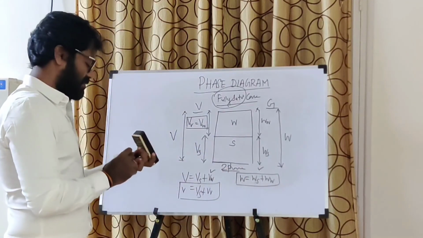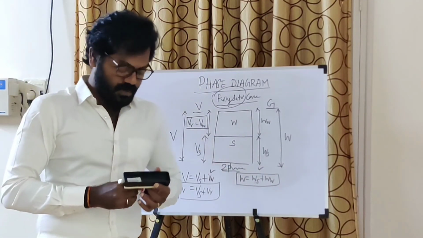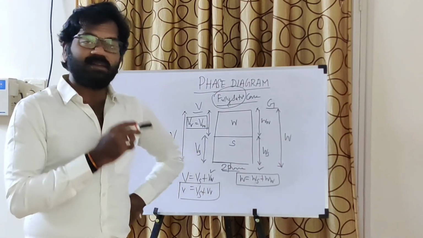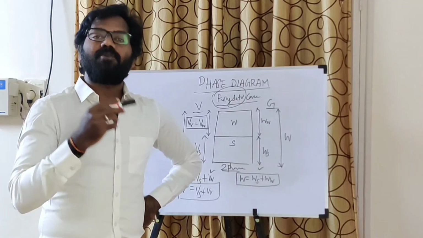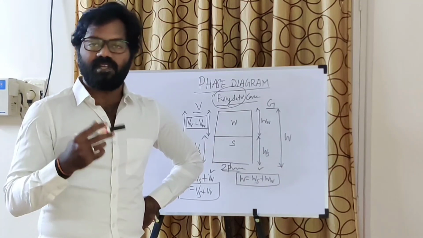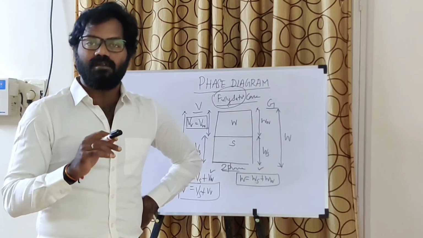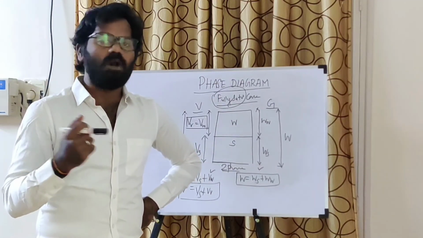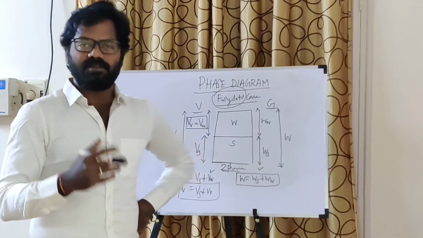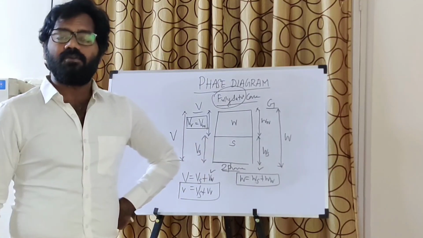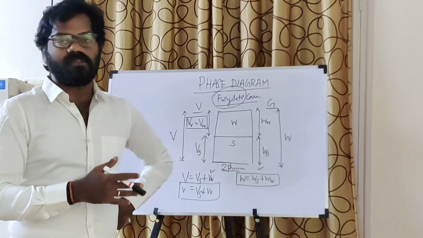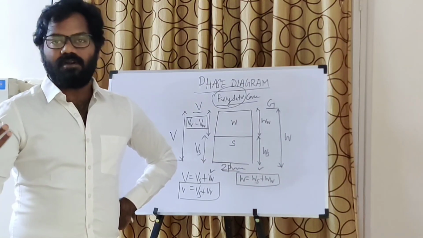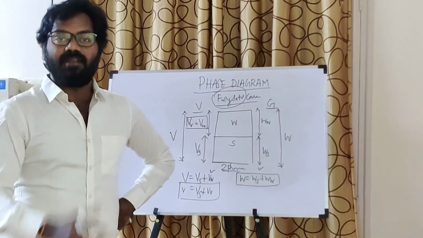So what is the necessity of understanding this phase diagram? Why is it so important to understand this phase diagram? See, using this volumetric and gravimetric representation, we'll be able to define some basic soil properties, or in other words physical properties of soil, right? With this help, we'll be able to determine void ratio, water content, degree of saturation, percentage air voids, plenty of stuff. And with those soil properties, we'll be able to proceed in the next session or next classes of your soil mechanics, right?